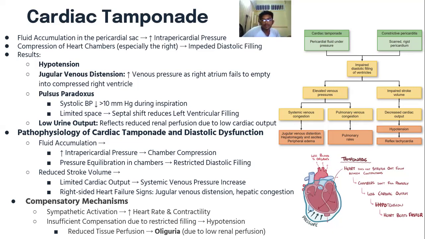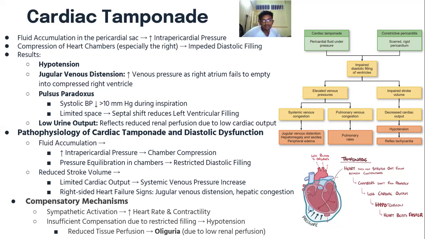Due to this compression, the diastolic pressure within each chamber rises and equilibrates with pericardial pressure. This pressure equilibration across all chambers, the atria and the ventricles, restricts the ventricular expansion during diastole, severely limiting the heart's capacity to